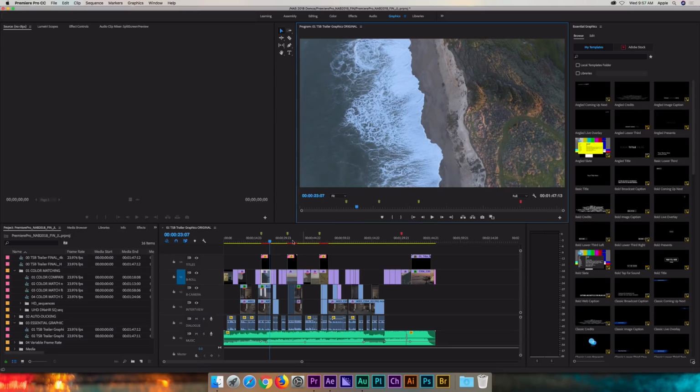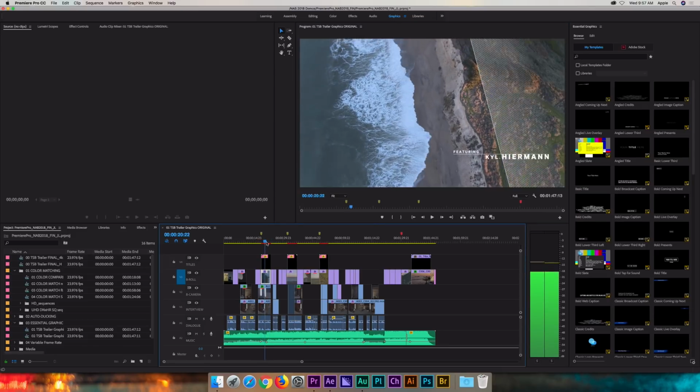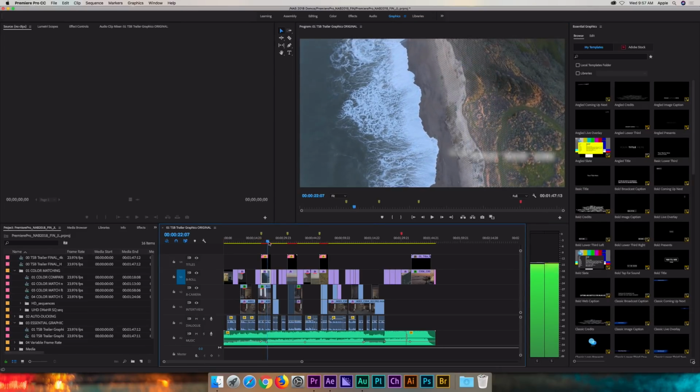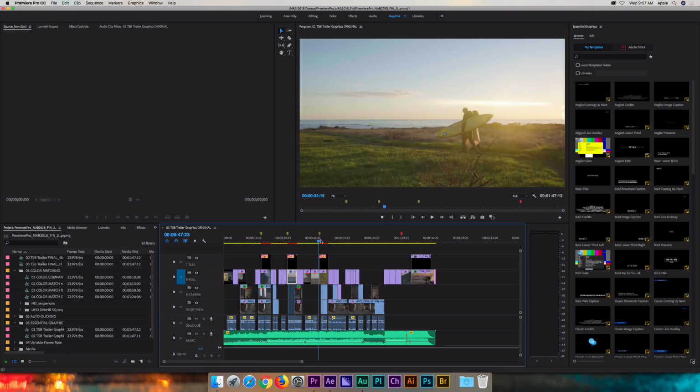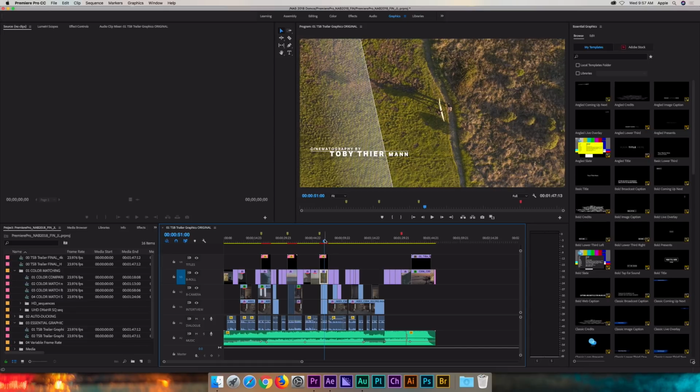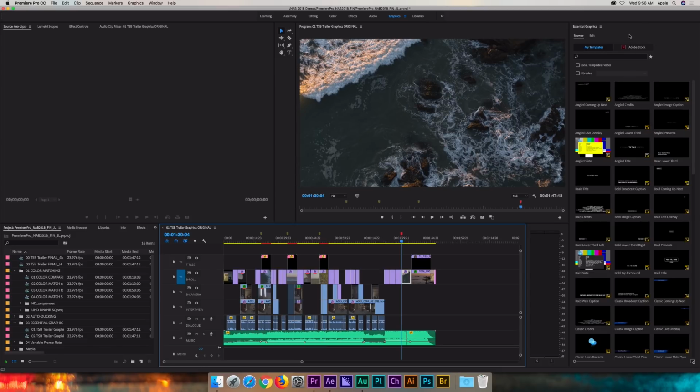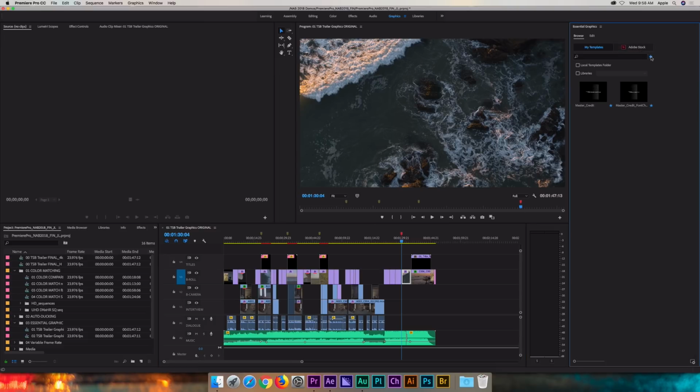Oh, let me get out of our comparison view, although I'll come back to that in a second. So here it is, all right? And I can scrub through 3 of these. Now again, it's all the same template. I've just modified position, rotation, the angle of that seam, the width of those seam bars, and I want to add one more of these. Well, in the Essential Graphics panel, you now have lots of different ways to sort and find your motion graphics templates. You also have the ability to star your favorites. So I'm going to take that one, which is called Master Credit, select it here, and drag it down into